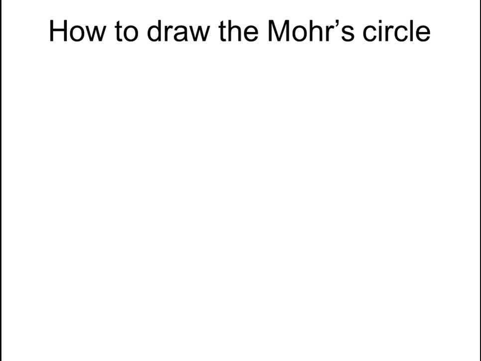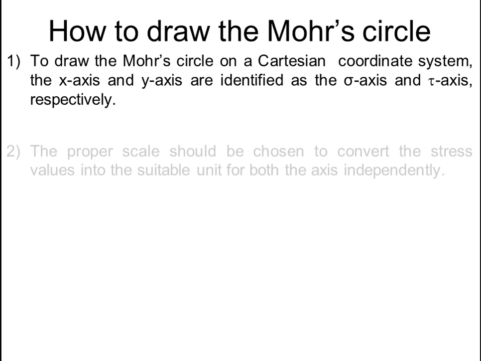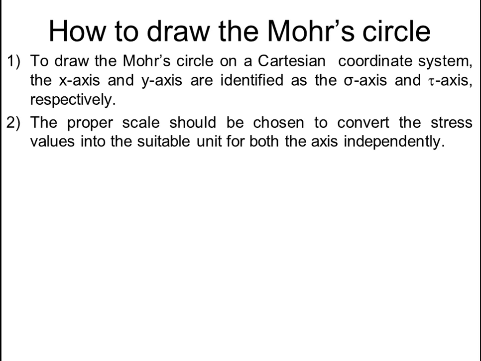Today we will discuss the Mohr circle part 2. To draw the Mohr circle, we have to follow the following points. The first point is that to draw the Mohr circle on a Cartesian coordinate system, the x-axis and y-axis are identified as the sigma axis, that is normal stresses, and the tau axis, that is for the shear stresses, respectively. We have to choose the proper scale to convert the stress values into suitable units for both the axes